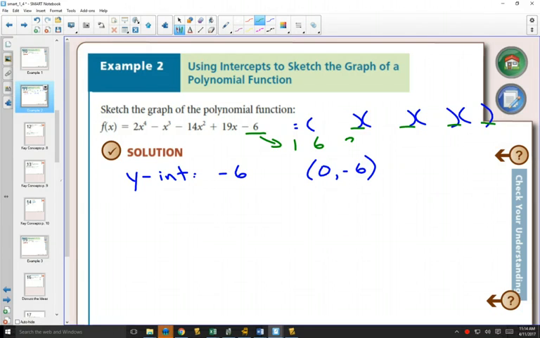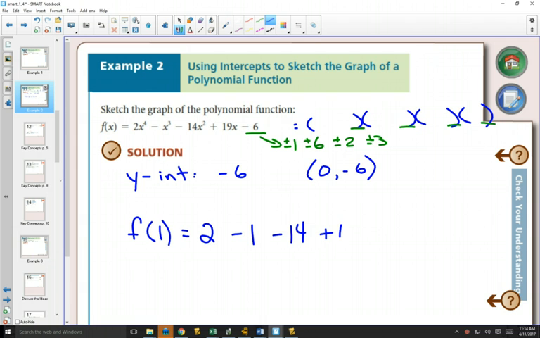1 and 6 or 2 and 3, positive or negative for any of those. So we don't have that many values that we have to check to see if it works. And the factor theorem and the remainder theorem says if I plug in a number, so if I plug in 1, then I'm going to get 2 times 1, which is 2, minus 1, minus 14, plus 19, minus 6, and this happens to be equal to